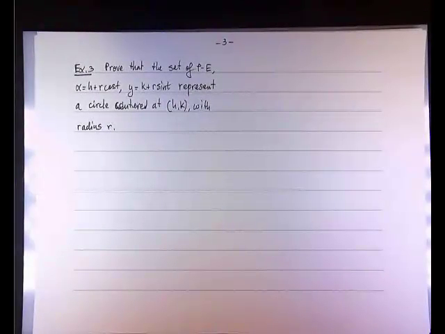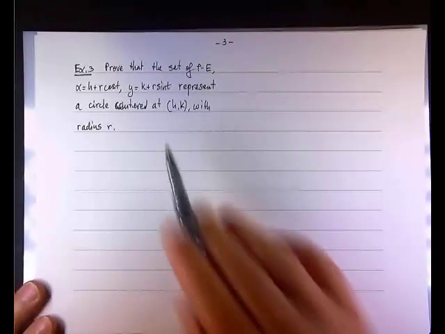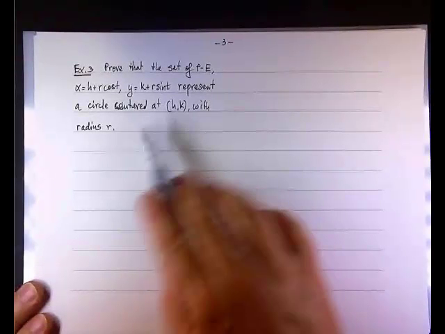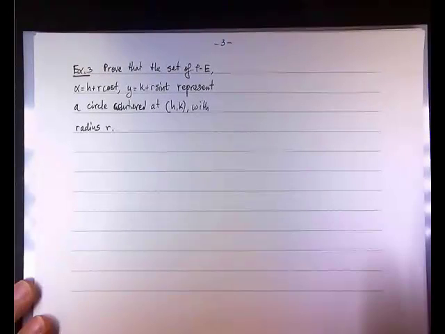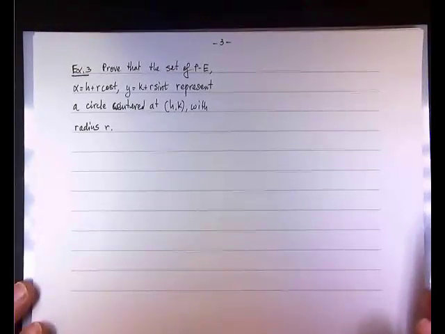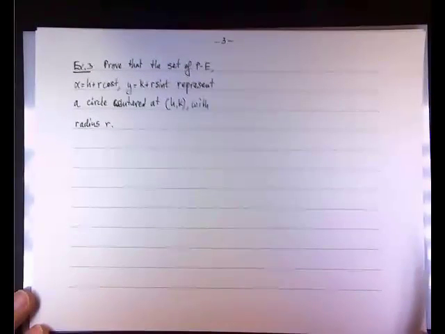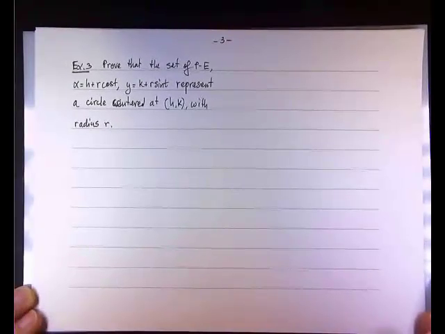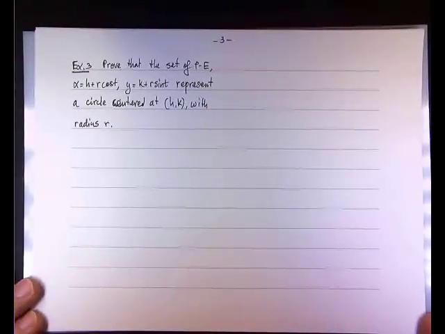Do you remember what the equation of a circle with center at (h, k) and radius r looks like? Keep going. x minus k squared. Almost correct. x minus h squared plus y minus k squared equals... That is correct. What Manny says is